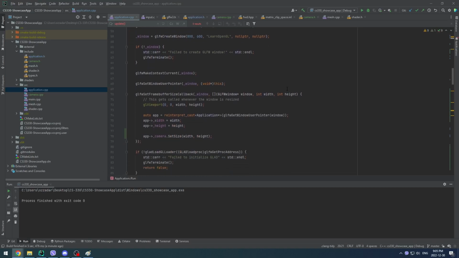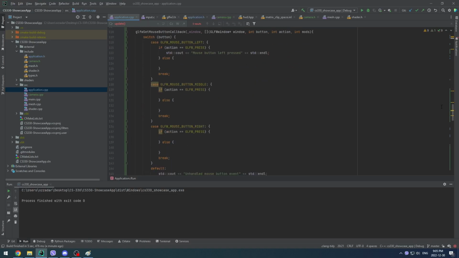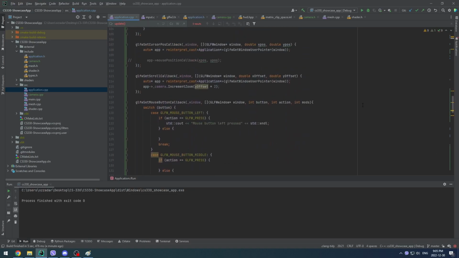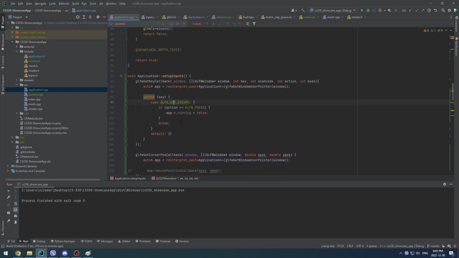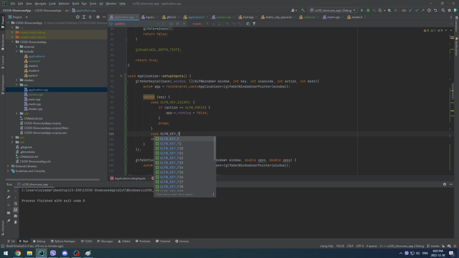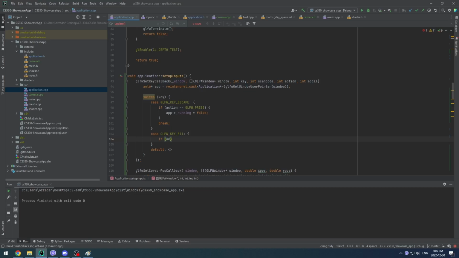Right, we're going to do one more thing. This is just to demonstrate some interesting stuff. So on our key callbacks here, we have one for whether the app is running. We're going to make one more case here, case GLFW key. We're going to say F11 is the one I'm going to choose. If action is equal to GLFW press, then app